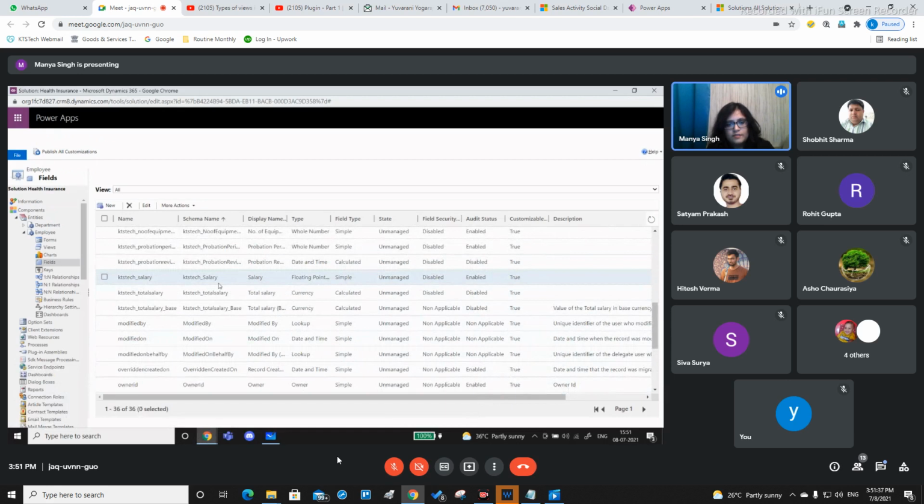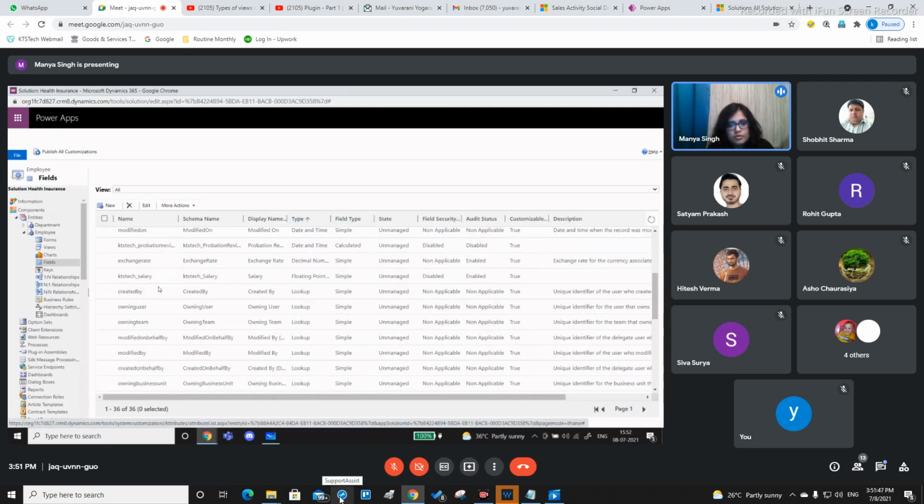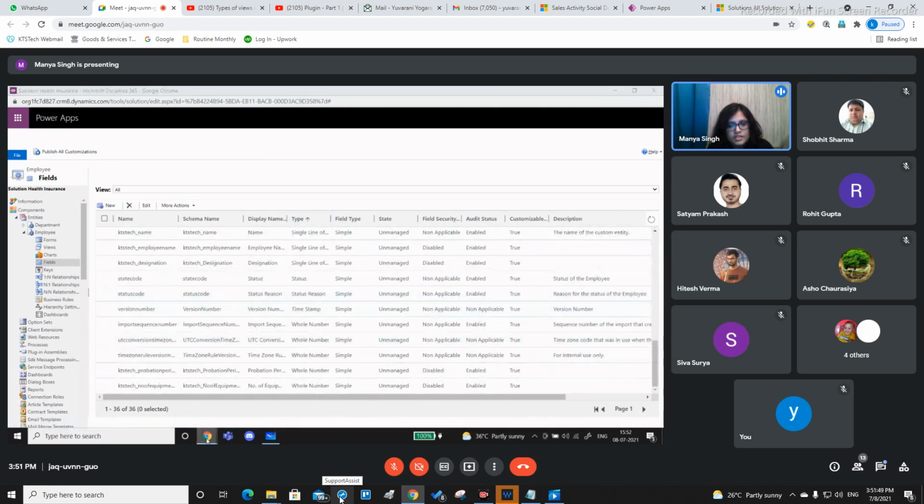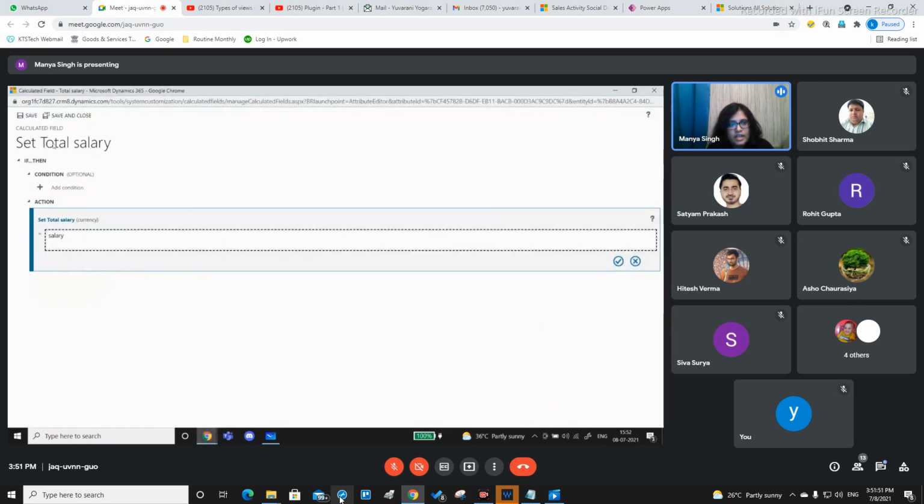Your salary is a floating point number. Okay, so that is the reason. Earlier, when we created the salary, it was for a floating point data type. Okay, floating point number data type. So for that, what we'll be doing is let us just try to calculate the salary from HRA and the